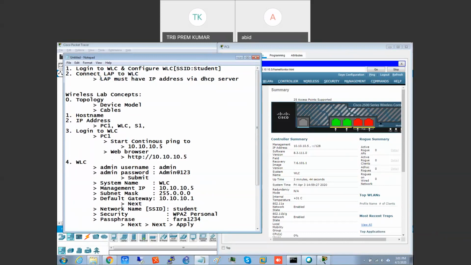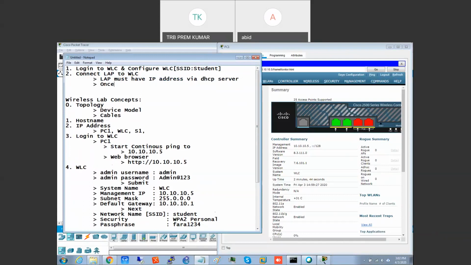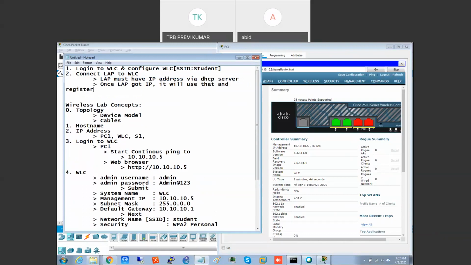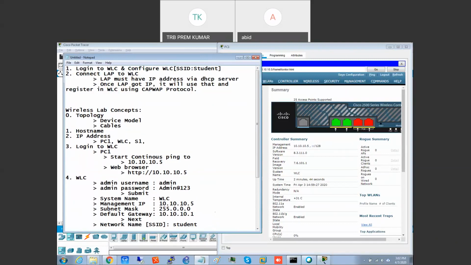Once LAP gets the IP, it will use that and register in WLC using CAPWAP protocol. We discussed that last class. Once this is done, verify in WLC.